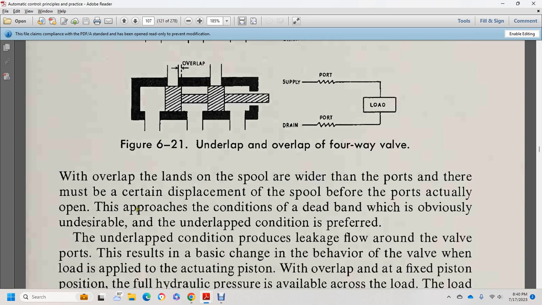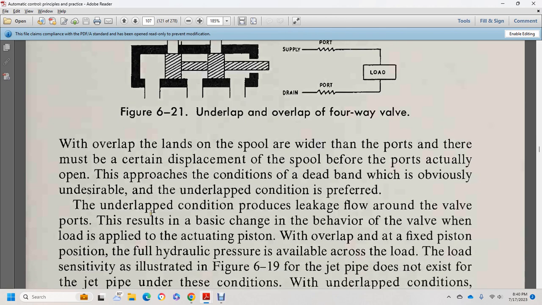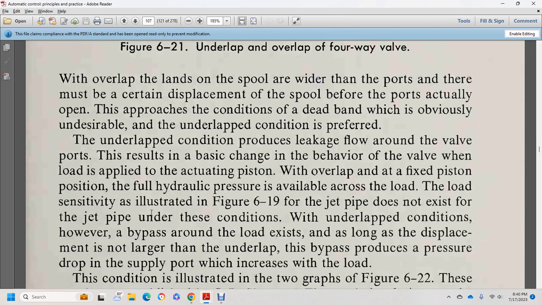When the overlap lands on the spool are wider than the ports, there must be a certain displacement of the spool before the ports actually open, with the perfect condition of the dead band. The undesirable condition is referred to as underlap, where the condition produces leakage of flow around the valve ports, affecting the behavior of the valve. The load supplied to the actuating piston overloads the fixed position piston over the force of the hydraulic pressure